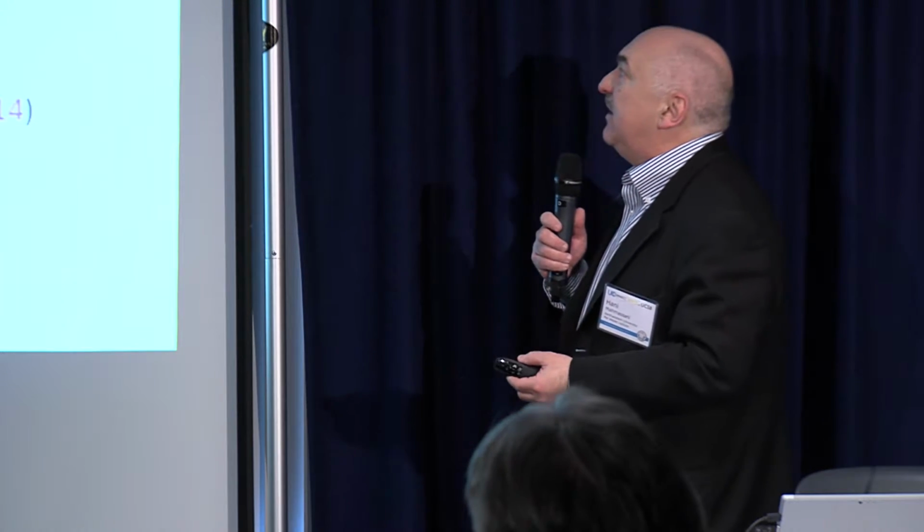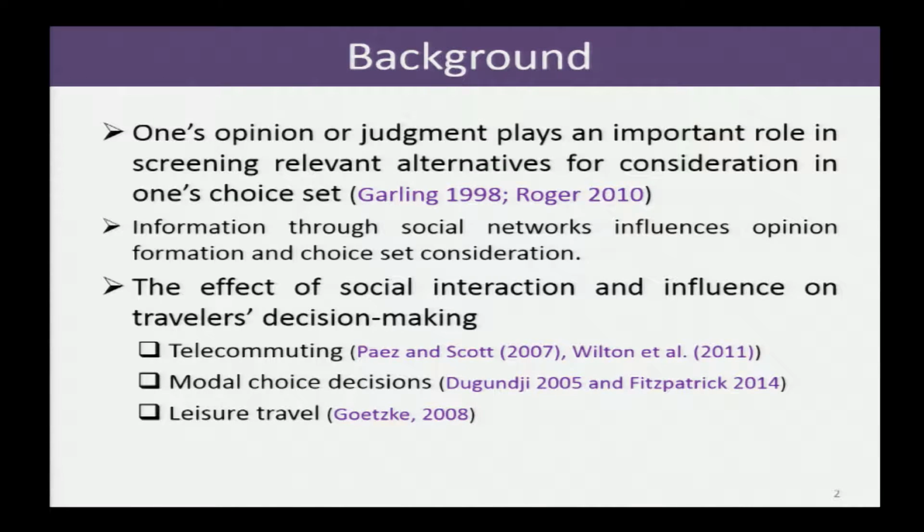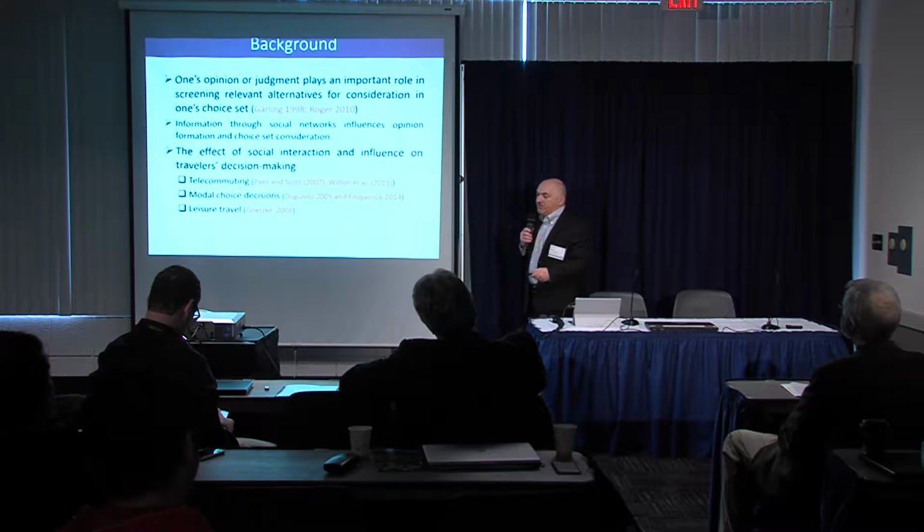Okay. All right. So there's some kind of framing, or the motivation from a travel behavior perspective, is that one's opinion or judgment plays an important role in screening relevant alternatives for consideration in one's choice set, and of course social data or social influence is an important element of that. So what we're looking at here is trying to capture the effect of social connectivity on individuals' choices of